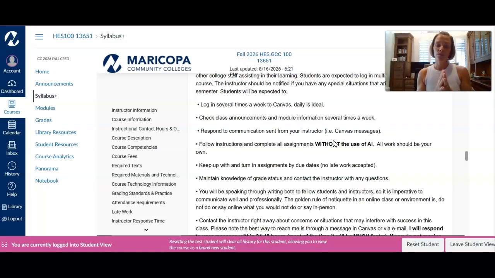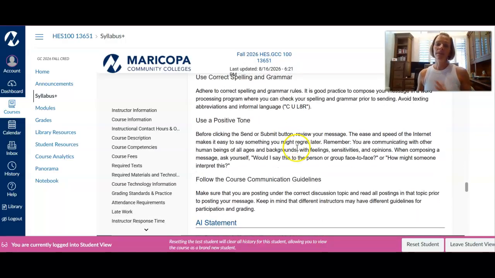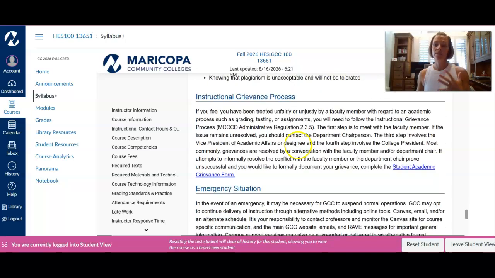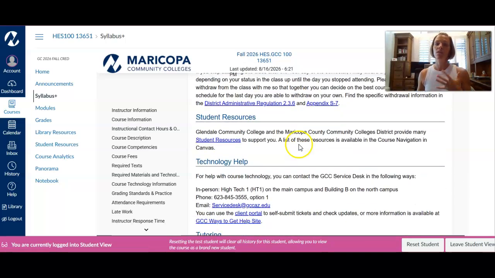If I suspect you are using AI, I will contact you and say, hey, this looked a lot like AI. This is not okay. I will turn you into the department head and the dean of students, okay? Please don't use AI. Do your own work. That's probably the basis for the syllabus. Please make sure you read through this all on your own.